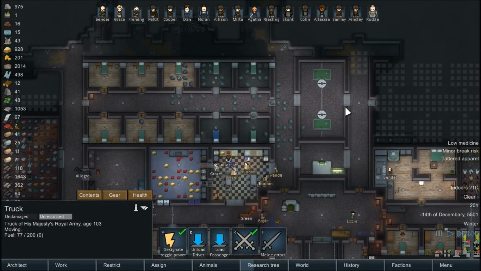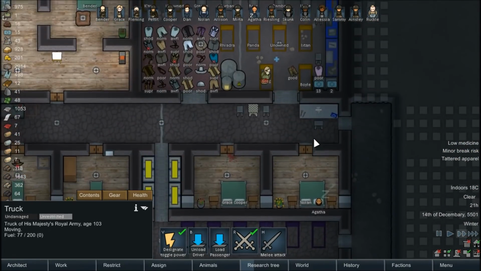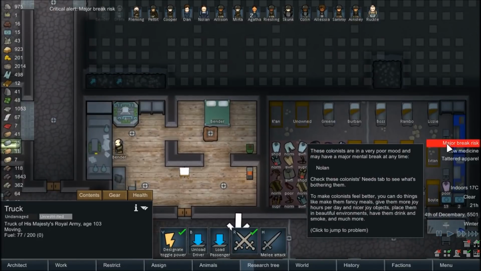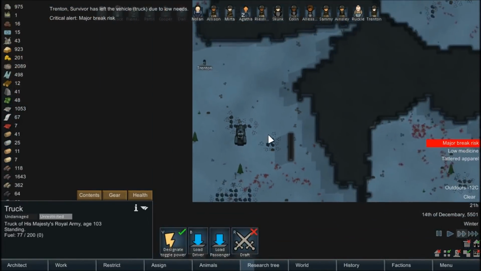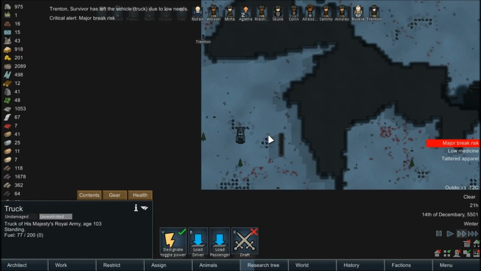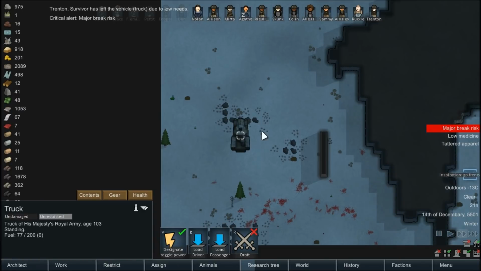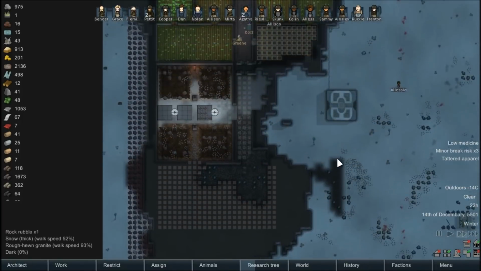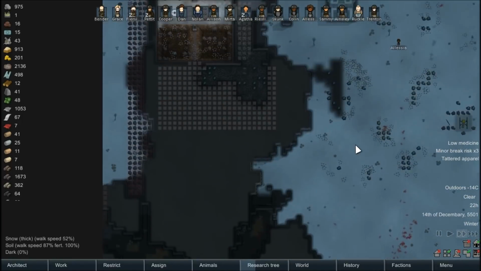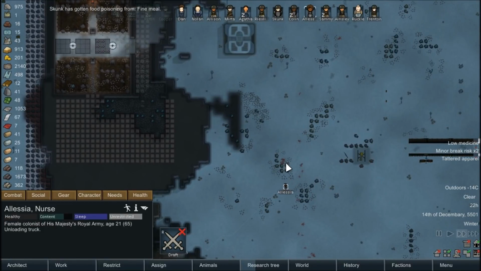Alright. Well, that was a failed attempt. Pet it. Good, it didn't unassign your bed. Major break risk. Nolan, what's your deal? Trenton abandoned the truck. Oh, wow. You did not get very far, did you? Okay, well, we'll have to make sure that we move that before we get, like, raided, because I don't want that destroyed, nor do I want to lose all of the food that's in there. It's not going to spoil while it's in there, but if the truck gets destroyed...